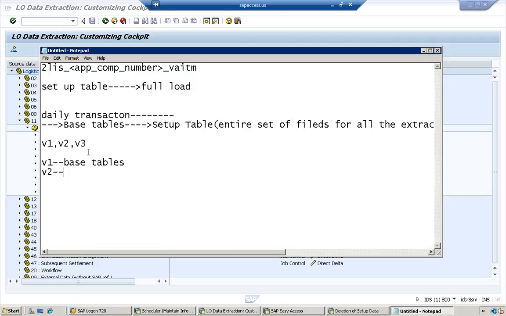It will go to all the base tables and check, for individual extractors, which new records have been created, and it will bring the necessary records that have been newly added from the base tables to this particular area. And that is nothing but your batch schedule for